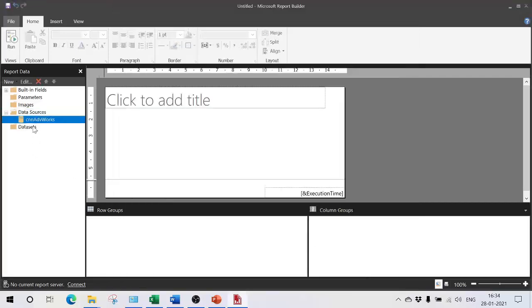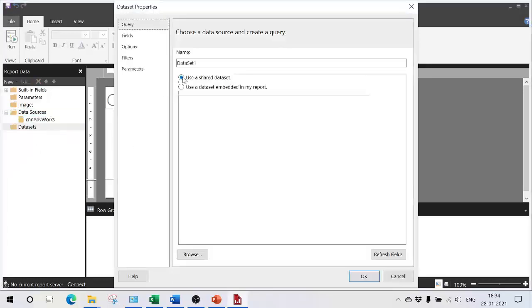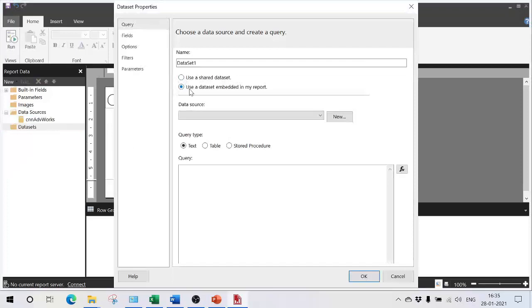Now I right click on datasets and add a dataset. I say I'm using a dataset which is embedded in my report. Which is the data source? This is AdventureWorks. Now for the query,